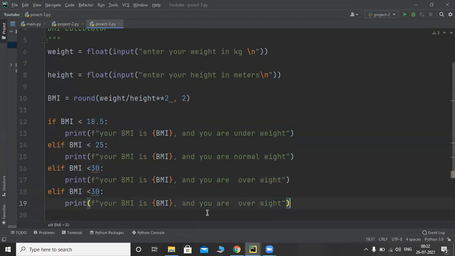This time it should be less than 35, and you are not overweight. Now this is obese. You are obese now, not overweight. Obese means having obesity.